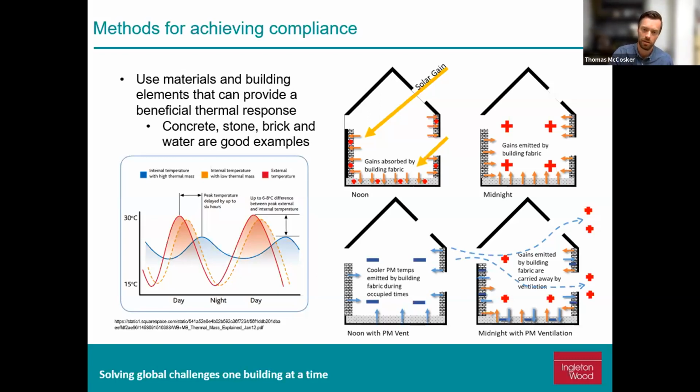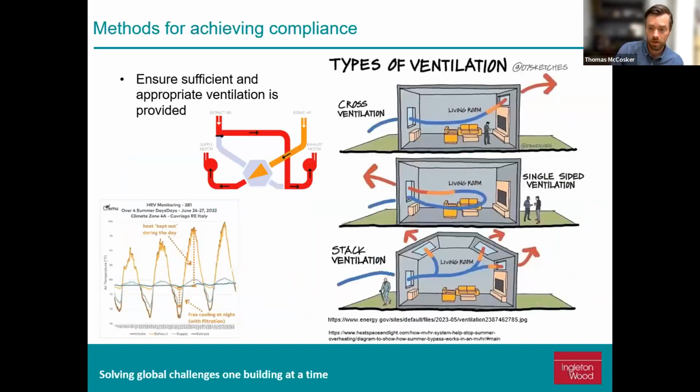Managing your thermal mass is a high priority, and that can be effectively done through ventilation. So utilizing proper ventilation techniques to purge the absorbed heat at night when the temperature is lower, and therefore put stored cooling into those thermal components, is a really good option. Ventilation can be natural or mechanical, so you can have natural ventilation, as Jason was describing, with the cross ventilation or single-sided window openings that we were talking about before, as seen here on the right.